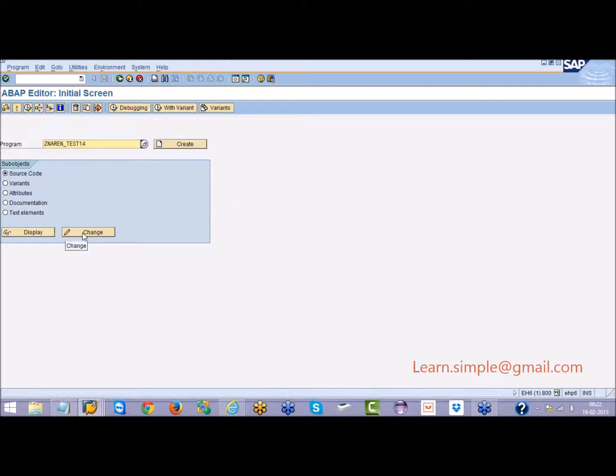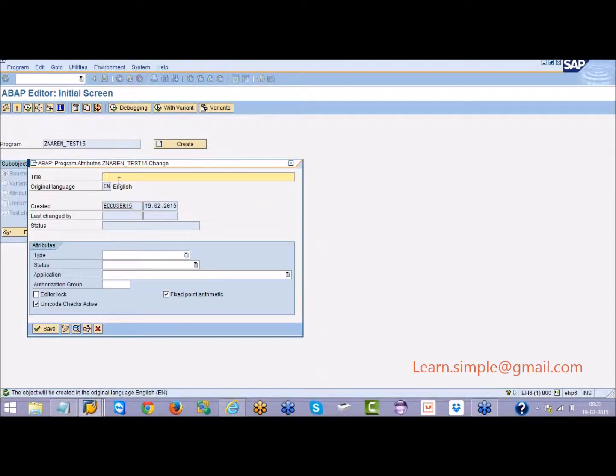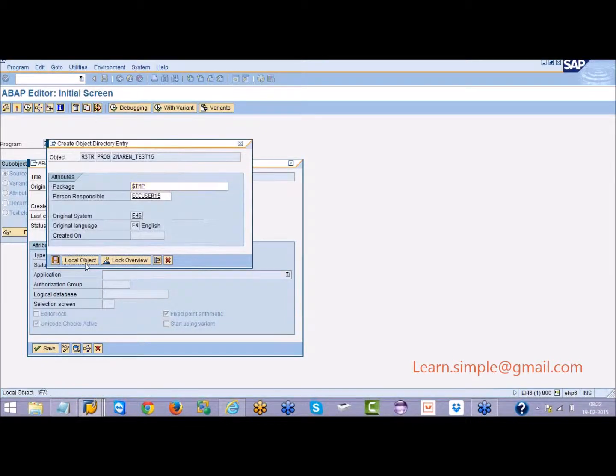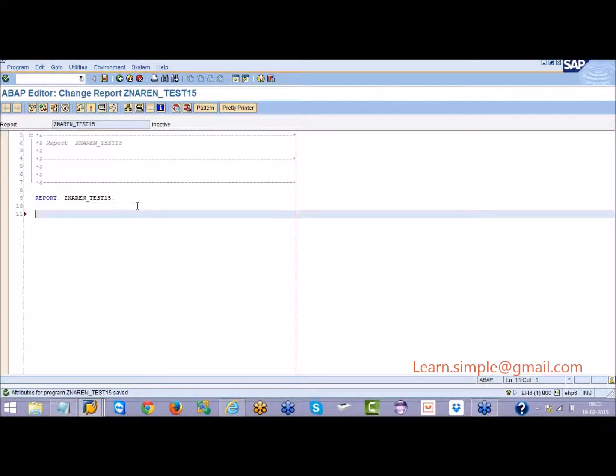I may make use of a work area, I may make use of an internal table, and I can bring the data. How can I do that? Let us see. So now here we are going to start some testing with database tables. There are different types of syntaxes we are going to learn here to get the data from the database. Now here I will say